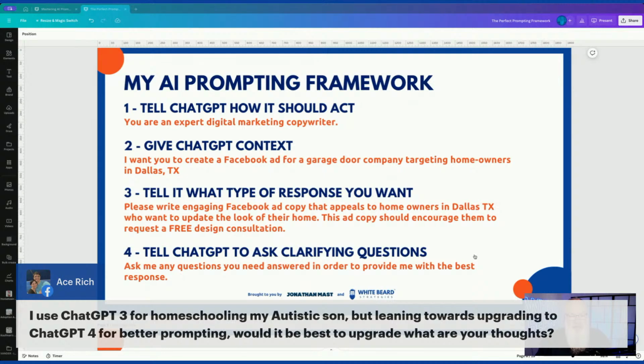I use ChatGPT for homeschooling my autistic son, but I'm leaning towards upgrading to ChatGPT-4 for better prompting. Would it be best to upgrade? What are your thoughts? So I absolutely think the upgrade is worth it on ChatGPT, Ace. You're talking $20 a month. It gives you access to GPT-4. It gives you access to what's called GPT Vision, meaning you can actually upload images and have it understand those